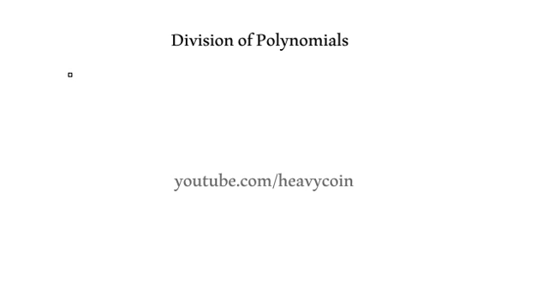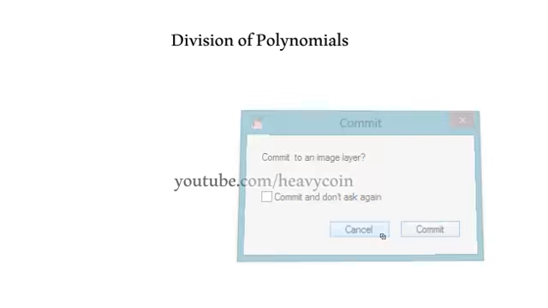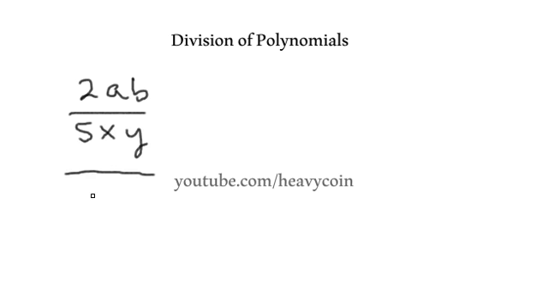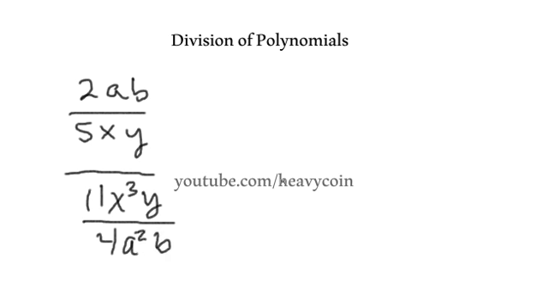Let's see here. We have 2ab over 5xy, and that's all over 11x cubed y over 4a squared b. So in this particular one here, we're going to be doing the shortcut. I'm not going to be multiplying down here by its reciprocal. So we're going to say 2ab